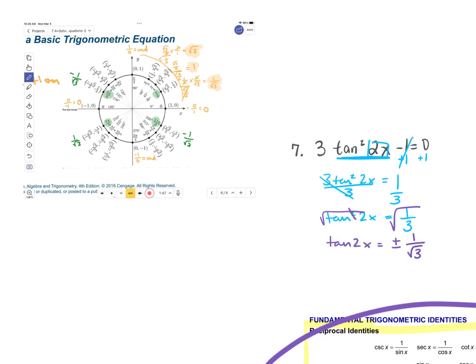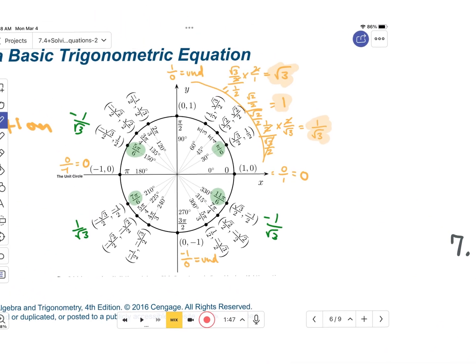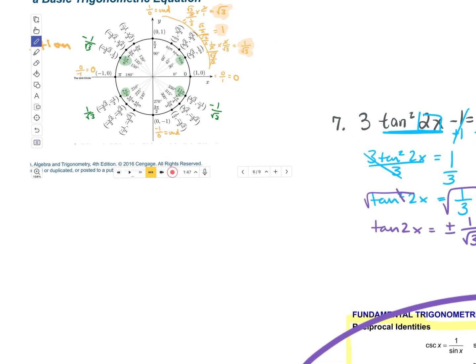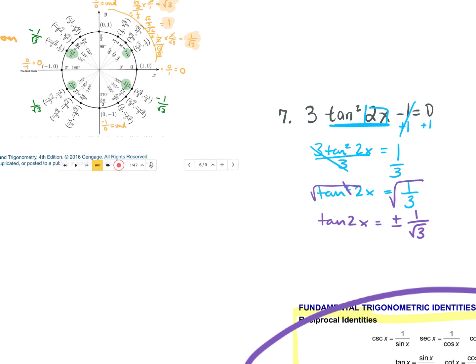Now this is one that we used in the notes. So we already found what tangent is in our first quadrant. You won't be given the tangent part on the test, so you'll have to find it or just memorize that 30 degrees is 1 over square root 3, 45 degrees is 1, 60 degrees is square root 3. You can memorize these 3 and you know that the ones with the same denominators are going to be the same, just different values. So where is our y over x